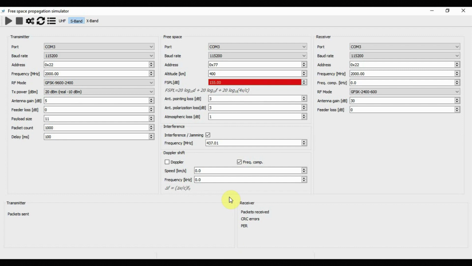And you see three main tabs in the user interface. First one called transmitter, second one called free space, and one called receiver. And you can use these three tabs to manipulate different properties of each of these three segments of the communication system. So on each of them, on the top, you will see something called port, and this port tells you